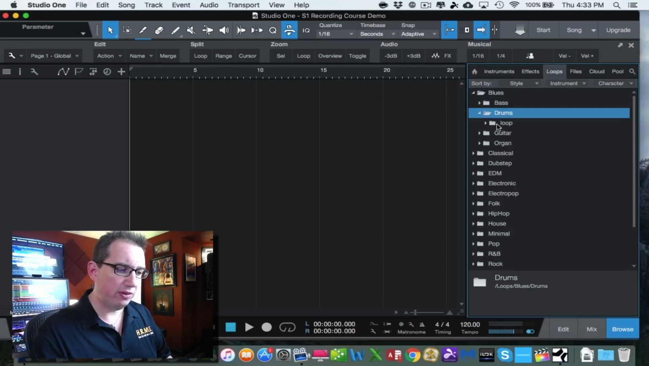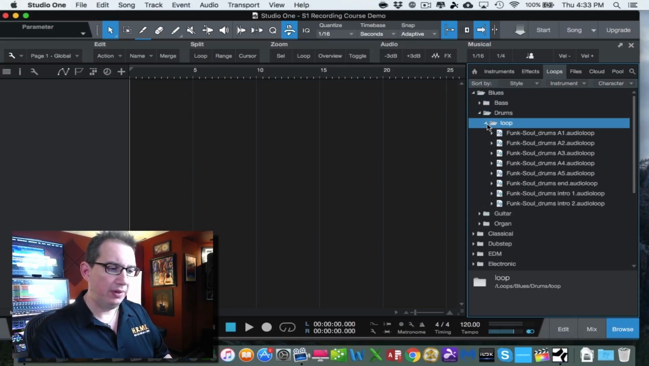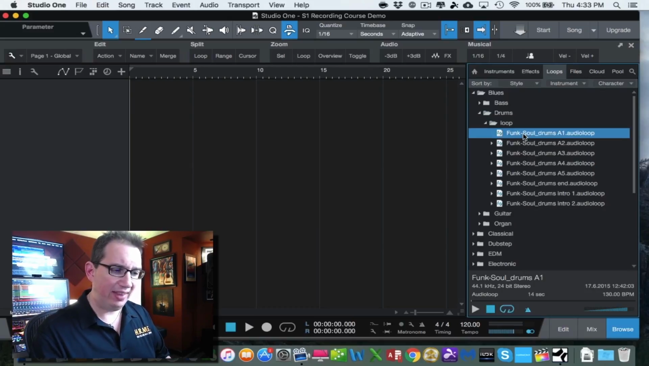So let's just do drums for a second, and if you open up the loop folder, you'll see we have a bunch of audio loops, okay. If I were to highlight the first one, if you look down here at the bottom of the browser, you have a little preview player that you can listen to it. It gives you the information about that particular wave file. In this case, it's Funk Soul Drums A1 is the name of it. It's a 44.1 kilohertz, 24-bit stereo file. It's an audio loop, and it's 14 seconds long. Here's the tempo at 130 beats a minute. So if I were to just hit play,